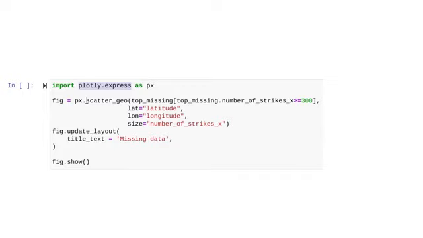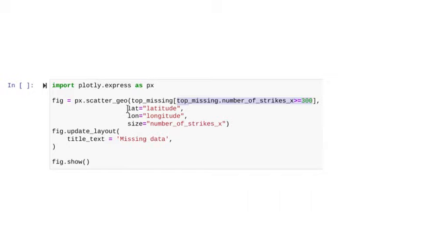Now it's time to create the map. Our format for the graph will be from Plotly Express called scatter-geo. As indicated by its name, this graph type is used for scatter plots on a geographic map. In the argument field, we'll input the data frame we just created, top_missing. For the parameters in the argument field, we want to filter the number of values to be only those latitudes and longitudes with lightning strikes of more than 300.